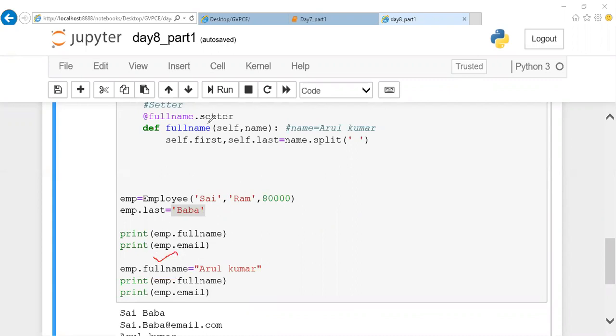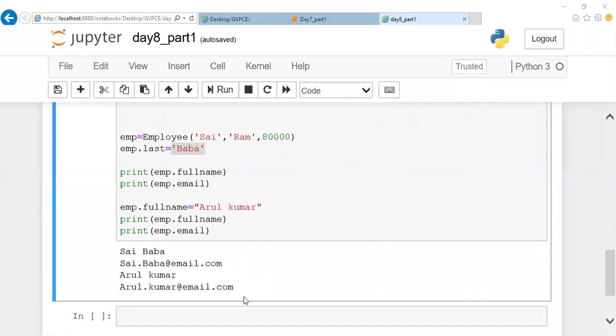So in those cases, you're supposed to declare a setter property. Whatever value is passed to the setter property, I'm going to split into the first name and the last name. The name will be split based on the spaces, and the first word will be stored in the first name, and the next word will be stored in the last name. And after this, when I call my first name, this will be updated.